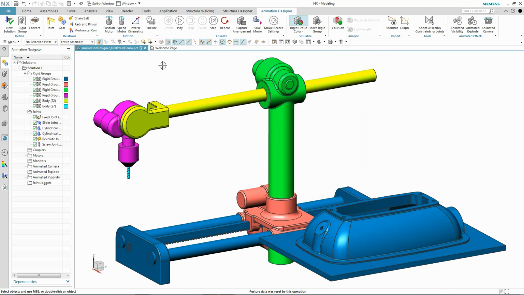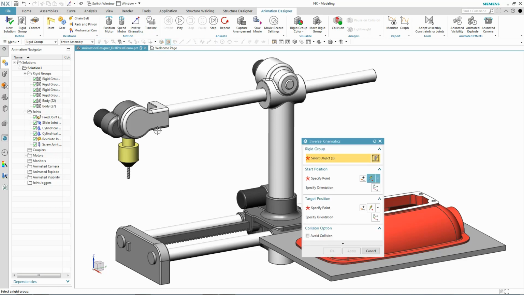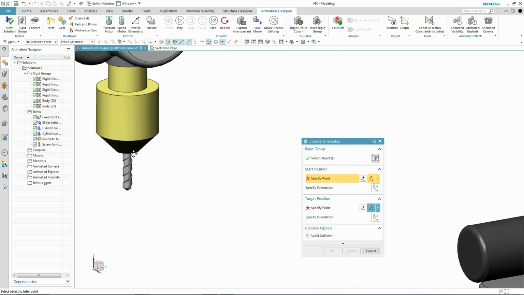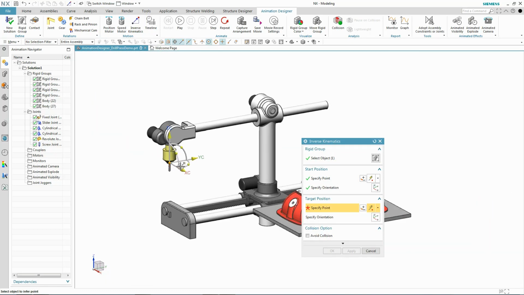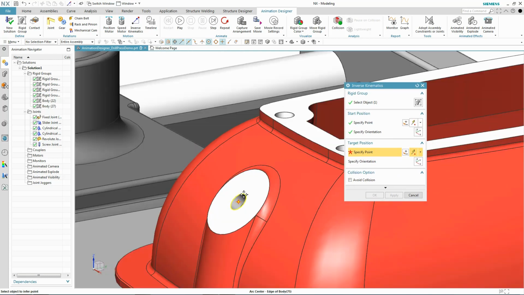As I mentioned, the problem is how to add motors to get the angle of the cutter head to match the angle of the part. Inverse kinematics is something we've just added to NX and makes this process very simple. All we need to do is simply identify the first part and a key point on that part, and then we're going to go to the actual angled face here and pick the center point of that, and we're going to rotate the triad to match the angle of the cutter head that we want to have drilled into the